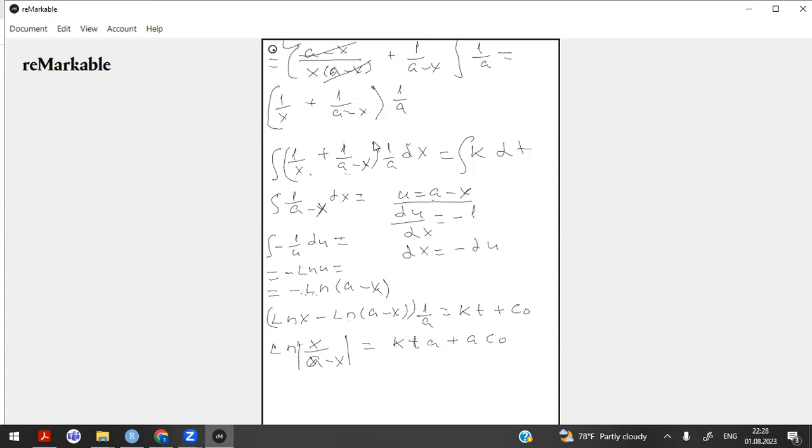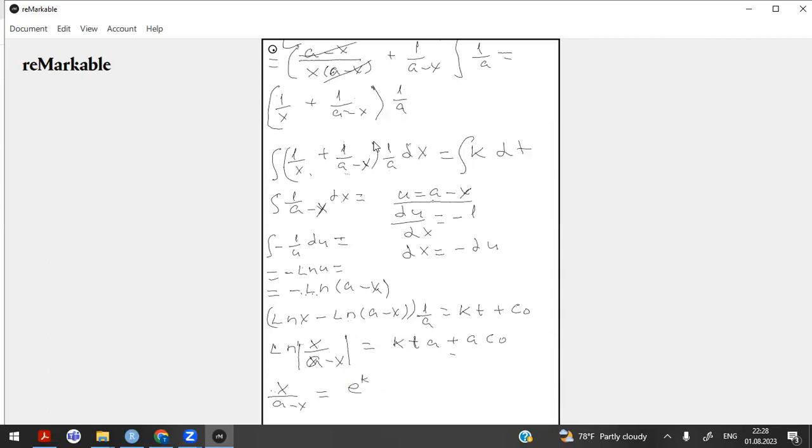Then we exponentiate both sides. So raise e to the power of this and also e to the power of this. And then we will get x over a minus x equals e to the power of